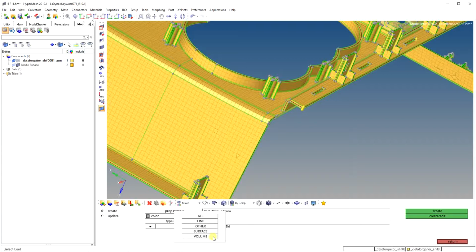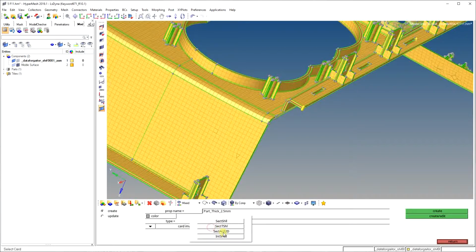This is just a category. If you choose the surface, it will show the card image for 2D elements. If you choose the volume, it will show the card image for solid elements, 3D elements. For that we are choosing the surface.